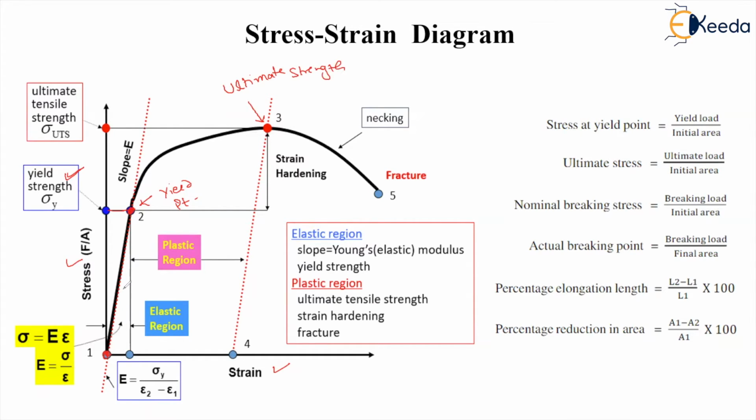Right? So this is the elastic zone. This hatching part is the elastic zone, and then the plastic zone starts. So up to this part, this is the plastic zone. You can see here, this is the plastic zone, right? After that, necking starts. Here the necking starts. This is the necking part, and finally at point 5 the fracture takes place, right? So this is the important curve, the typical curve for mild steel.